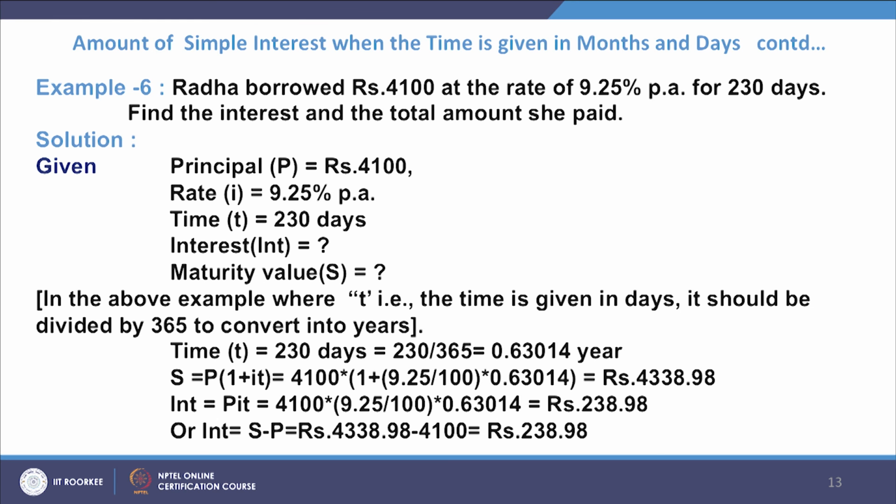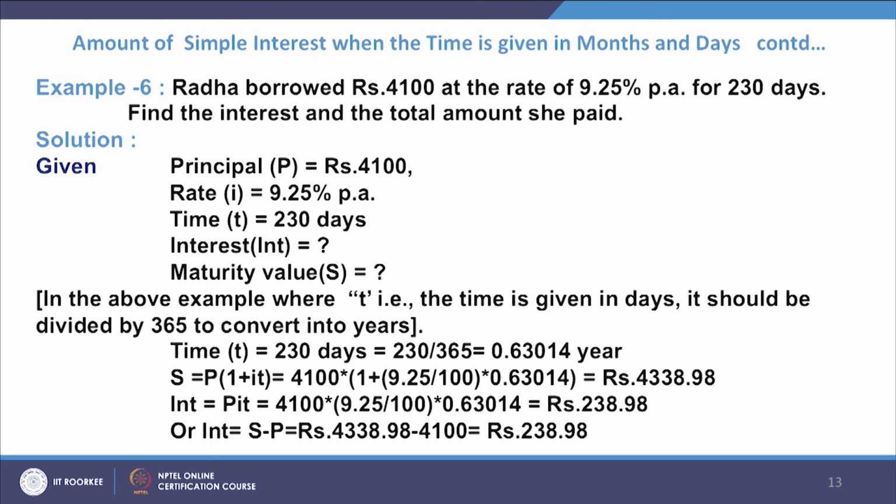So, time t is equal to 230 days, which is 230 divided by 365, which is 0.63014 years. So, S is equal to P in brackets 1 plus IT, which is 4100 in brackets 1 plus 9.25 divided by 100 times 0.63014, because every time we have to convert the interest rate into a fraction. This comes out to be rupees